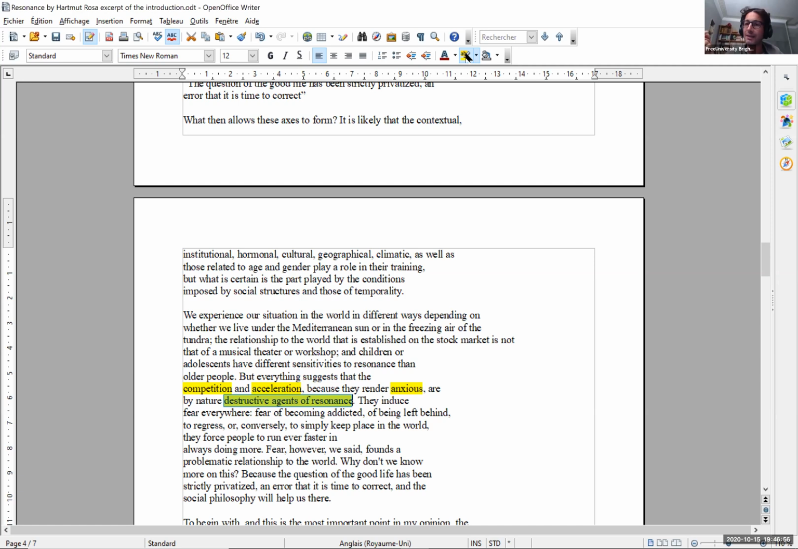Yeah, exactly. At some point in the introduction, Rosa says that you can even feel resonance at the trade market, because those numbers and values can be meaningful to you, and you can have some exhilaration at being there at this moment playing that field. So he's not saying there are specific places and activities that are resonant